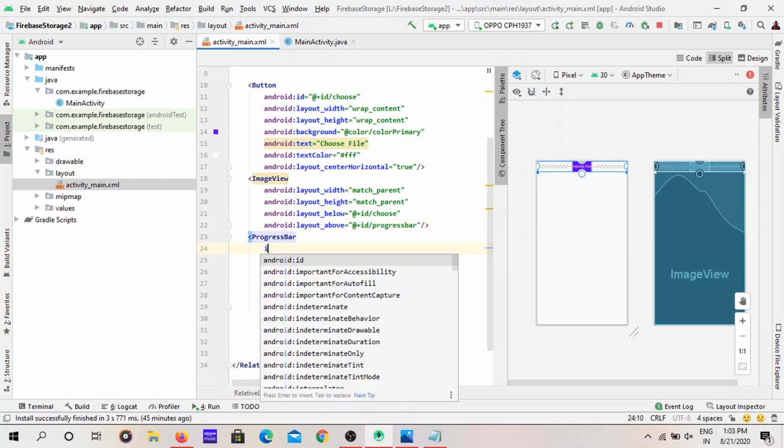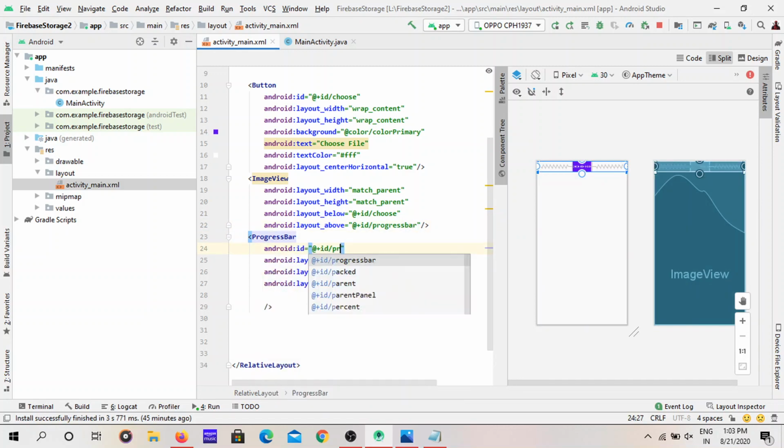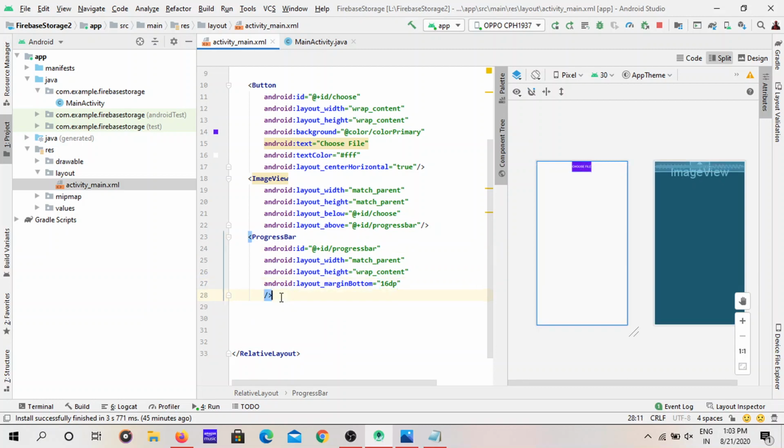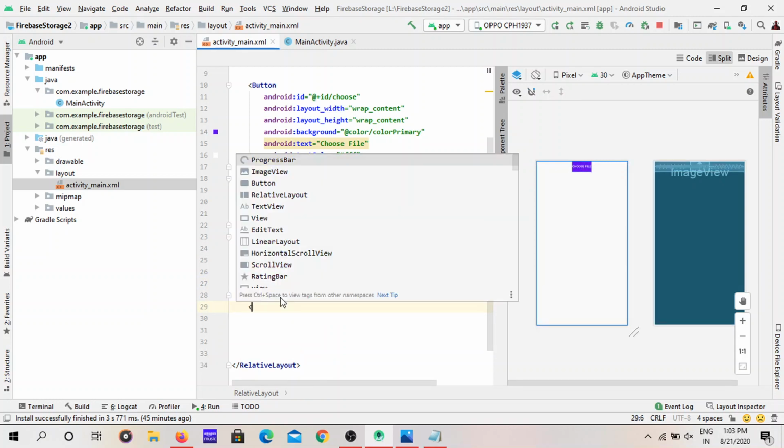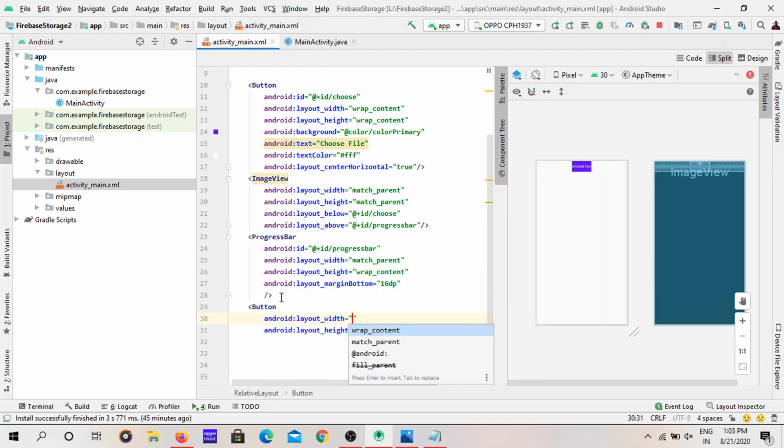I am assigning an id to the progress bar. See, I am saying to the XML file that this image view should be above the progress bar. Let's create another button. After that we can align every view as per our requirement.